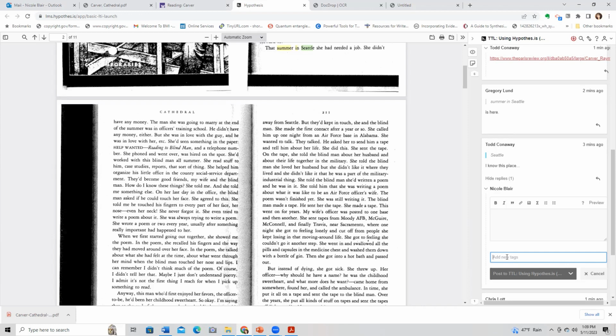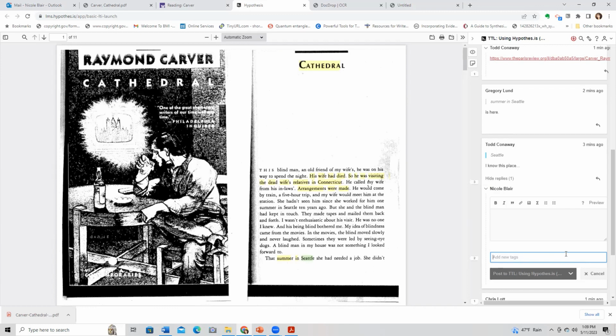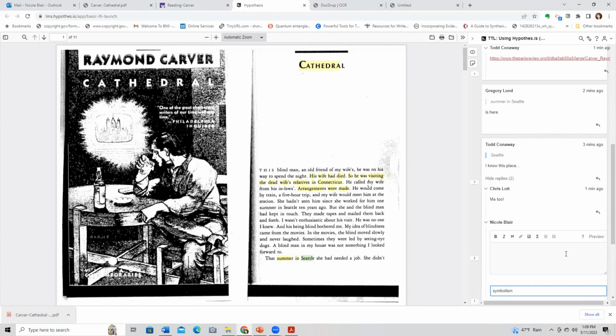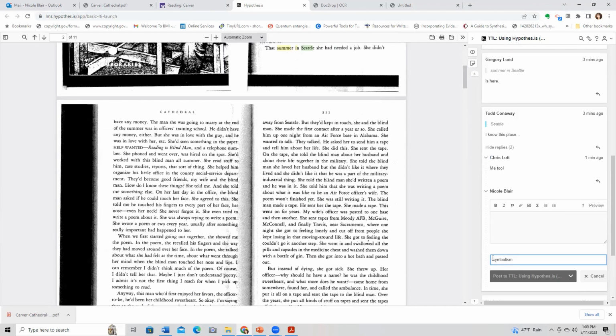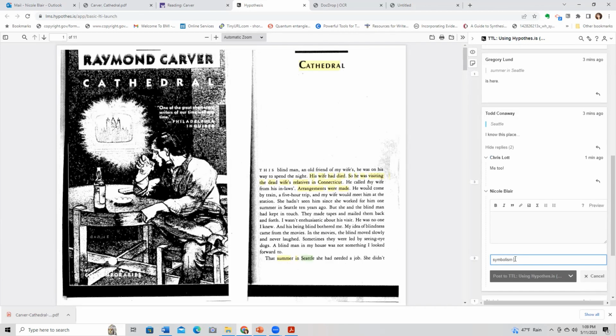So for instance, when they're reading a story, you could have a tag say symbolism or whatever, any kind of theme or language use. And if you save those tags, then you can click the tag and see all the comments related to that. I think you have to hit return or comma for the tag to actually take.